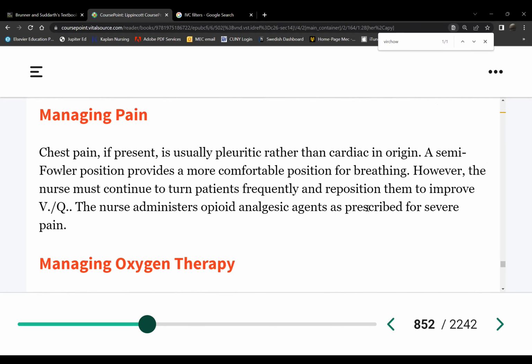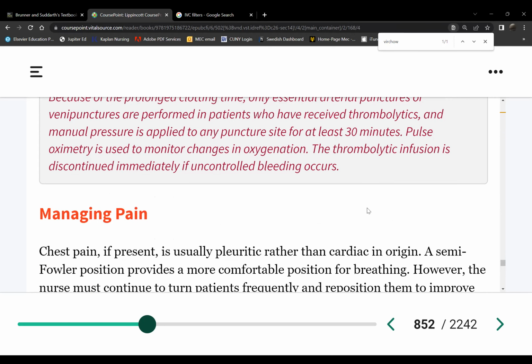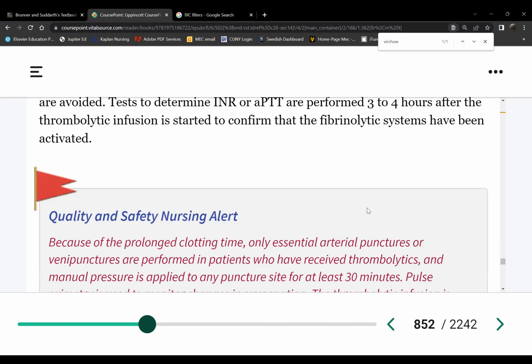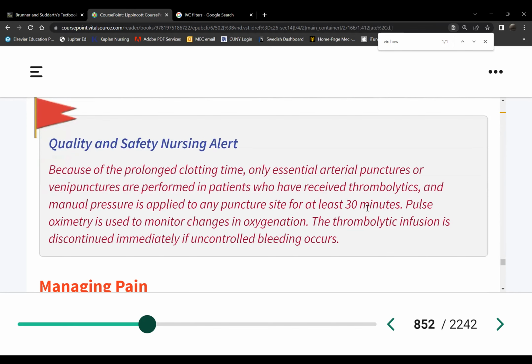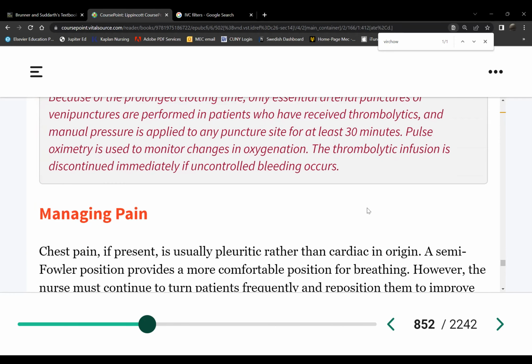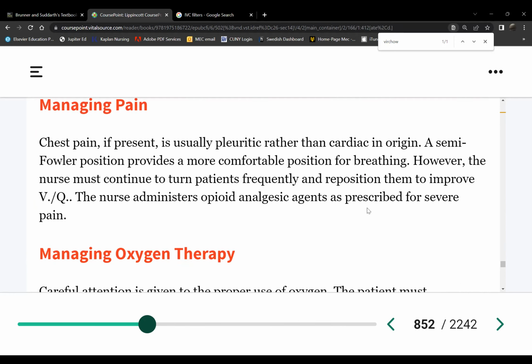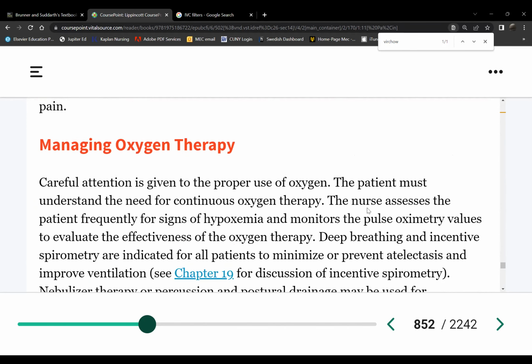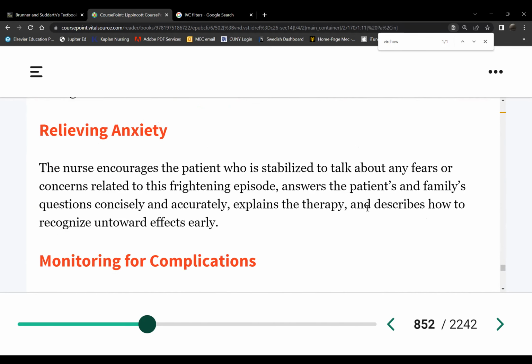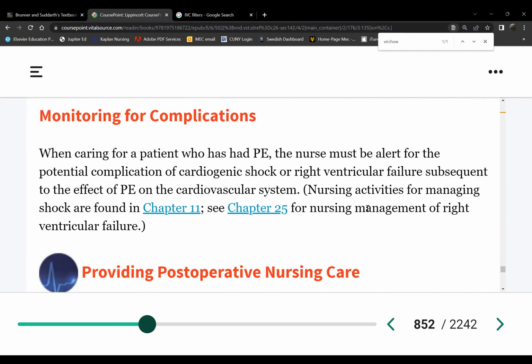The rest of these are symptomatic management. So if the patient did go into cardiac arrest, we already finished MI and shock, and then you guys know CPR, you know BLS. Pain management will usually be morphine, because this is a cardio issue as well, and then giving oxygen therapy. Anxiety management, if needed, you give them benzodiazepines, and then again, complications. Complications of PE usually are in the cardiovascular system.